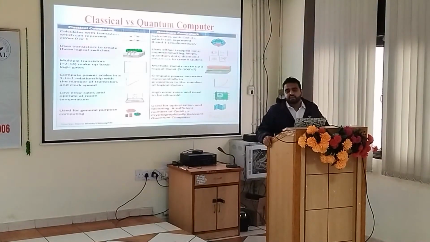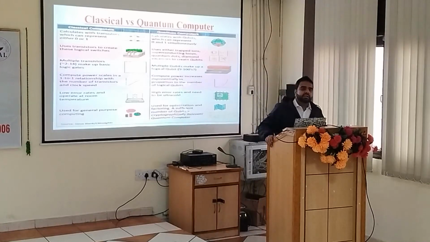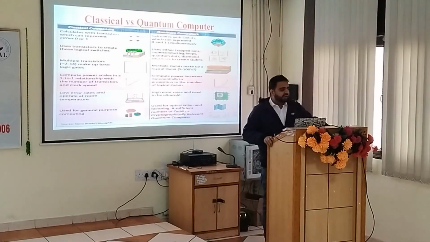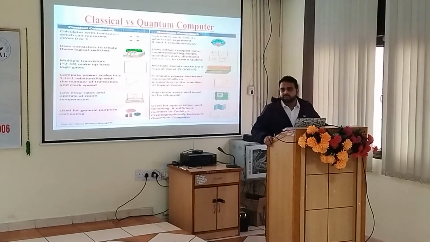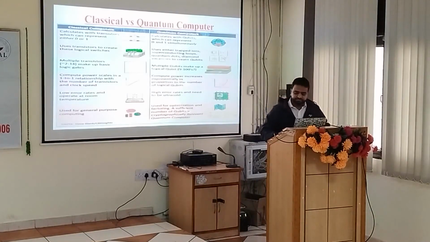Now, this is a limitation. This is one of the main challenges: the error rate is higher in quantum computers. The reason is that the stabilization of the qubits is still being worked on. It is not entirely possible. Some quantum computers are executed at temperatures below 200 Fahrenheit. They have to be stabilized. If we talk about quantum computers based upon light, then again minor energy will disrupt the state. So it's very difficult to stabilize the qubits.